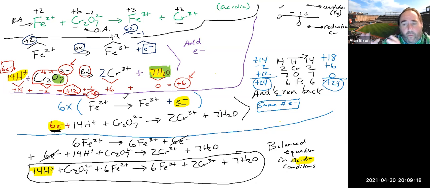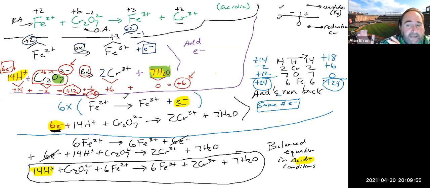Okay, so what we have just done is we have balanced this equation in acidic conditions. Now, we'll use this one to demonstrate what you should do for basic conditions as well. Let's say that this problem wasn't acidic conditions, but it was balance this thing in basic conditions. What would you do? Well, you would do exactly what we just did on this page, all the way down to that bottom equation. And now once you have got it balanced in acidic conditions, you can very easily turn